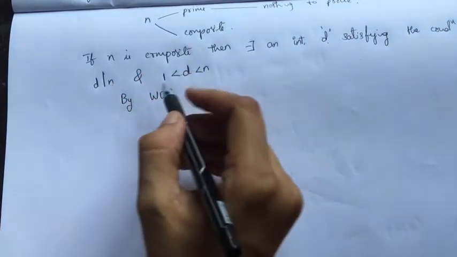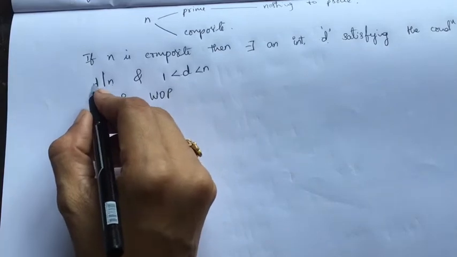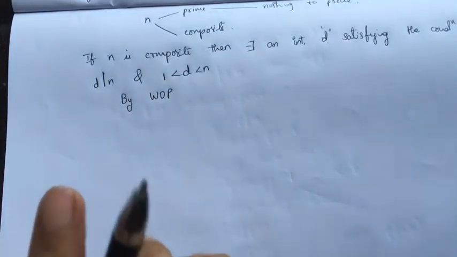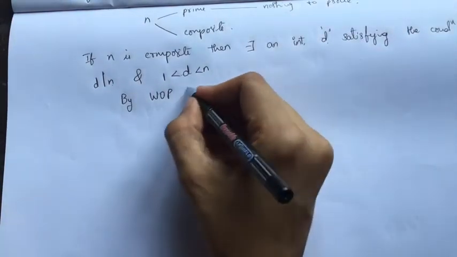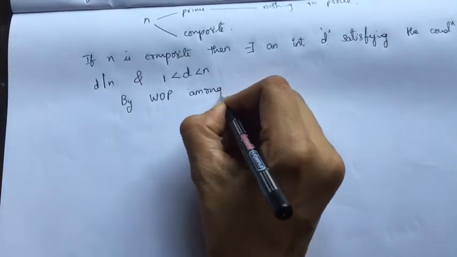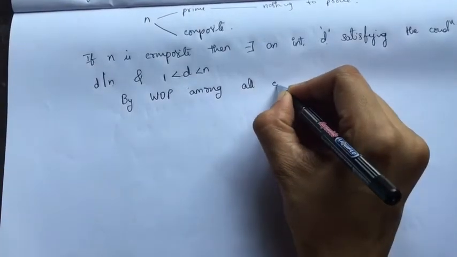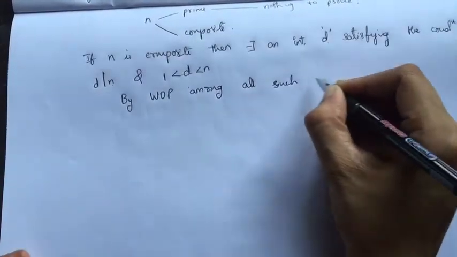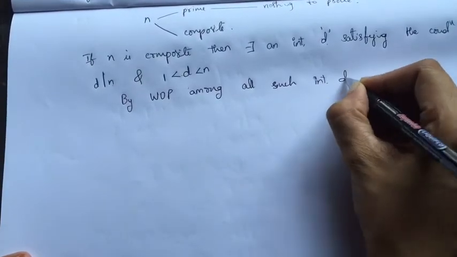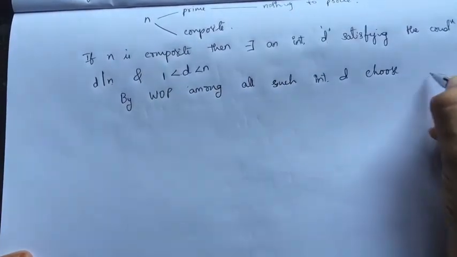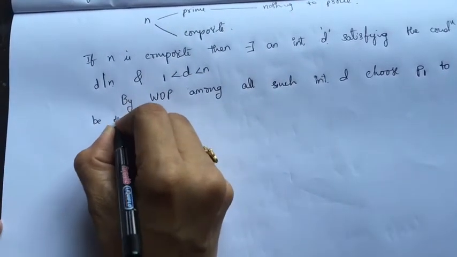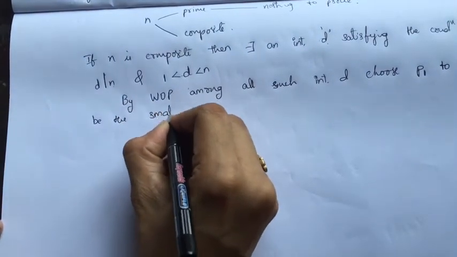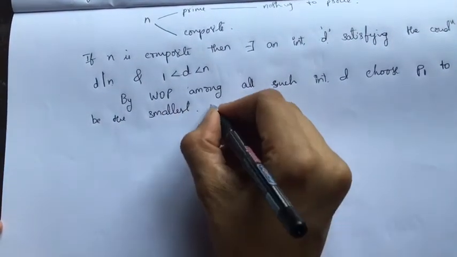Among all such integers d, choose one which is the smallest one. Choose p1 to be the smallest. Then